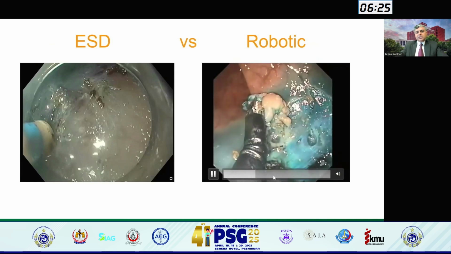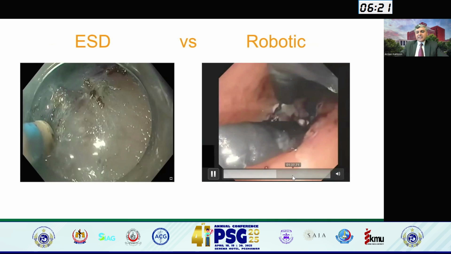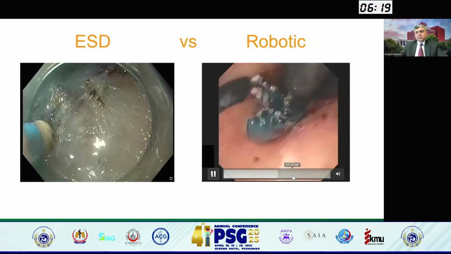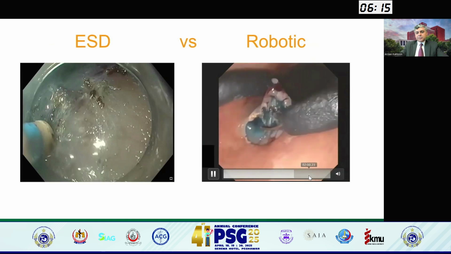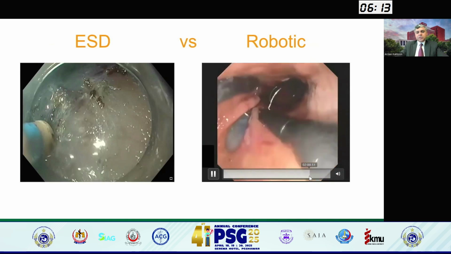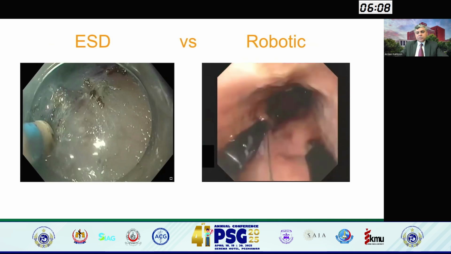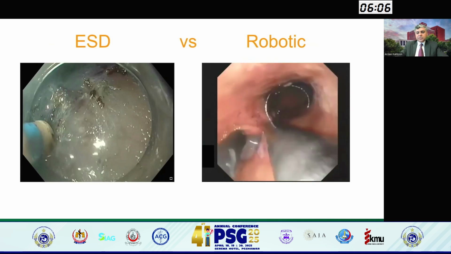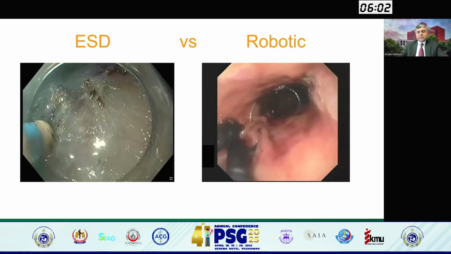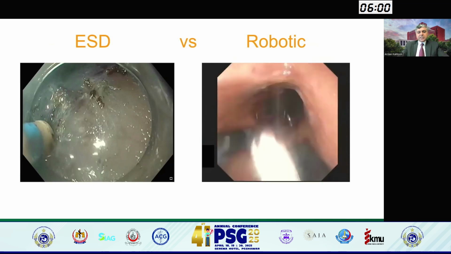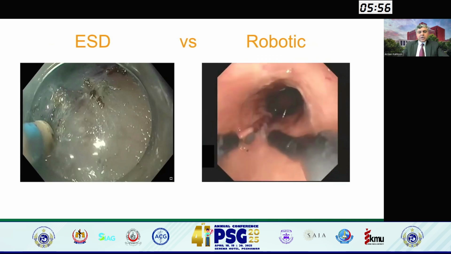You don't have the need to perform a lot of submucosal injections to create space. And at the same time, it gives you a much quicker and easier ability, at the end of the procedure with larger defects, to suture those defects using bimanual control, just like how a surgeon would perform these procedures in real time. So this is how a robotic platform can definitely make things easier, better, faster, effective, and possibly safer for our patients as well.